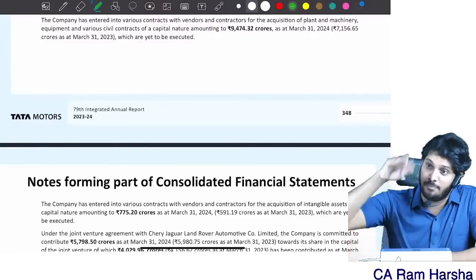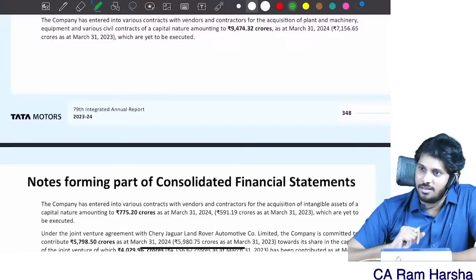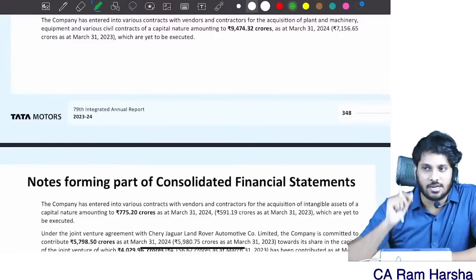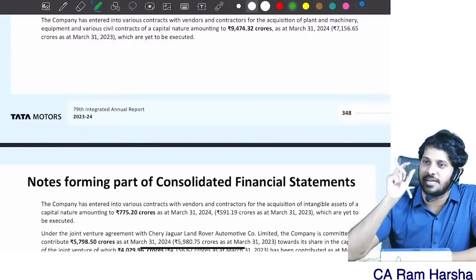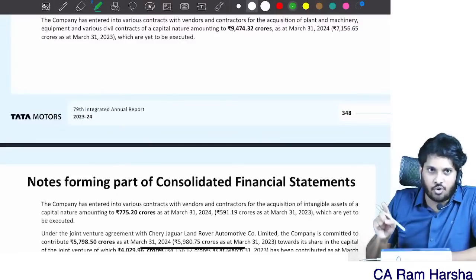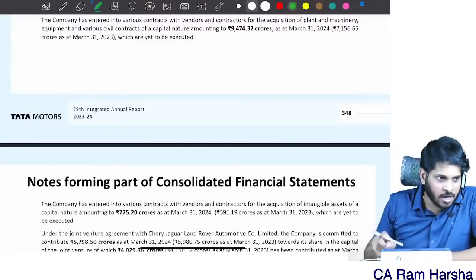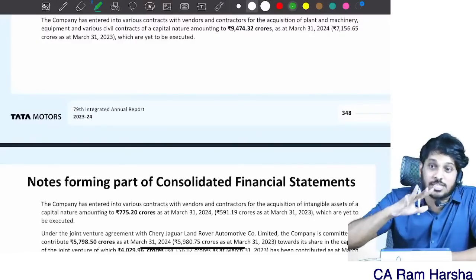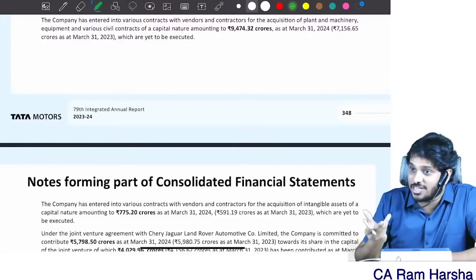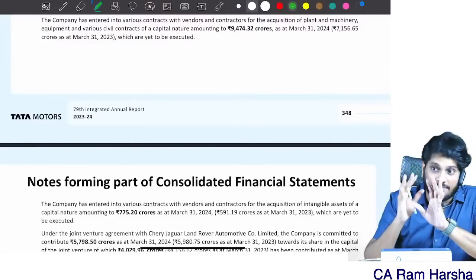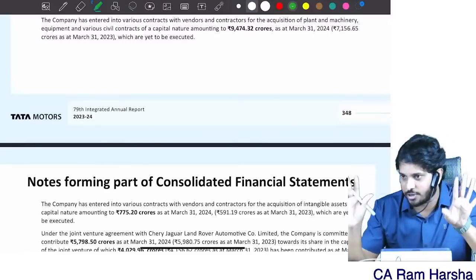First of all, how is sampling possible? Suppose you want to understand some expenditure in the notes to accounts, or some P&L item like revenue from operations. Unless you see the notes to accounts, the revenue from operations breakup, you can't understand whether it is correct or not, right? So sampling is not possible in the interpretation of financial statements. Whether financial statements are prepared as per the applicable financial reporting framework, you cannot do sampling. You have to read 100%, correct?